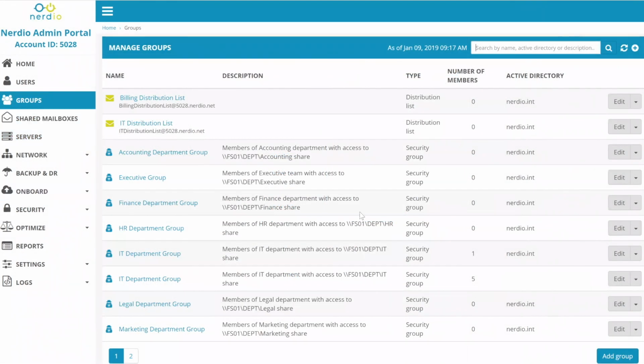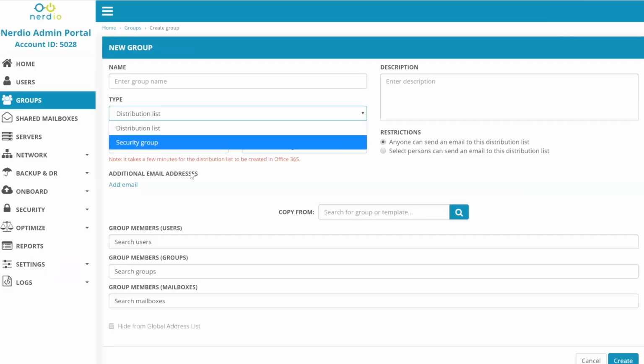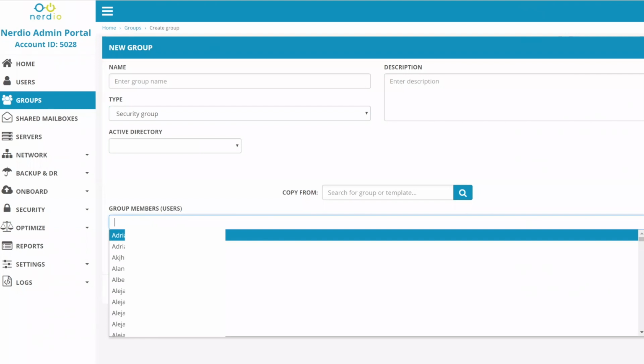Then the next object I want to discuss is security group, right? And then we'll get to distribution list. So a security group, very similar to the server. It's obviously Active Directory aware. It's an object within Active Directory. So when you add a security group, then you get to select which Active Directory it gets created in. And the nice thing is, the way NAP is implemented is it will allow you to add members from both